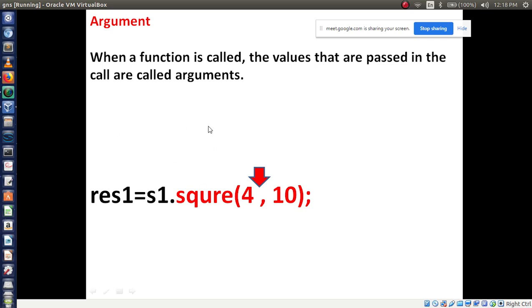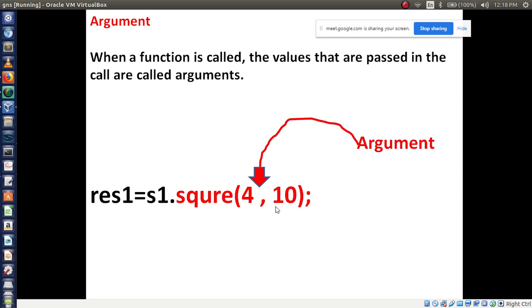From the main function I am passing the values. What values am I passing? 4 comma 10. These values will go to the square function, like in the previous example. And you just remember, these original values you can call arguments.